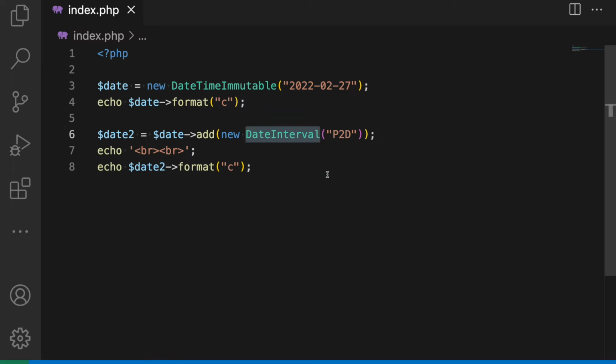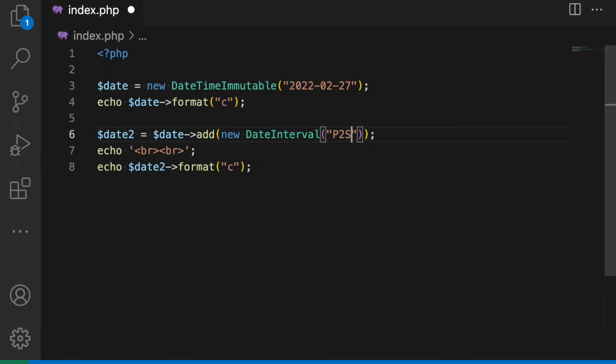DateInterval class accepts duration string in the following formats. It always starts with the letter P and followed by integer and followed by period designator. It should be Y for year, M for months, D for days, W for weeks, H for hours, M again for minutes, and S for second.